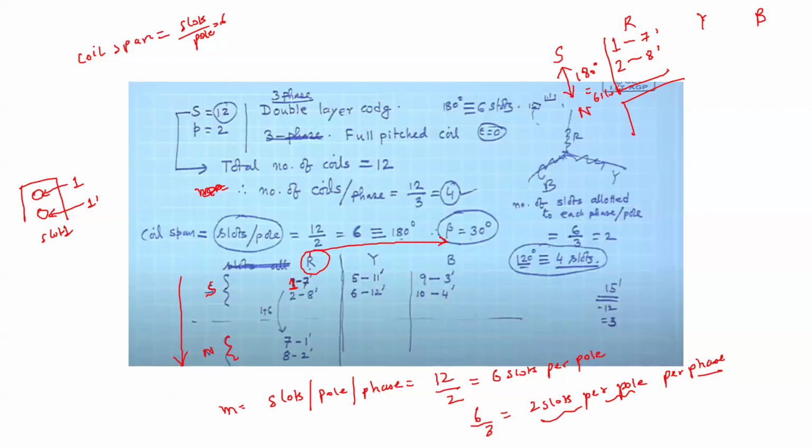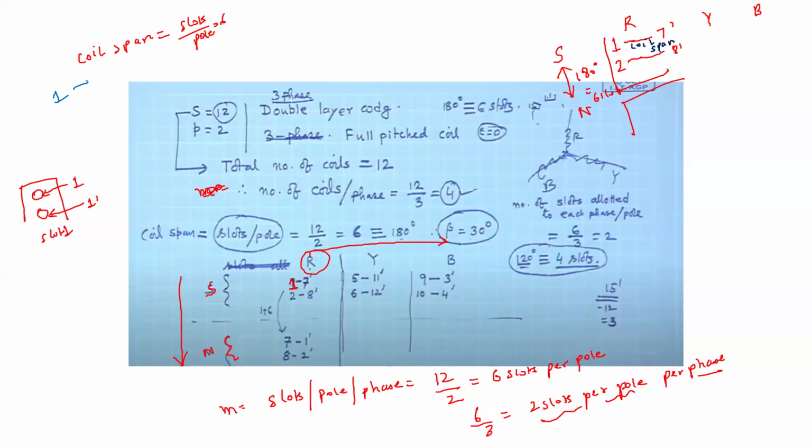I'll show you that. This gap, 1 to 7 dash, so that it is clearer, I'm writing it again so you will understand which is what. So 1 to 7 dash and 2 to 8 dash. Here I am writing that this 1 to 7 dash indicates the coil span.